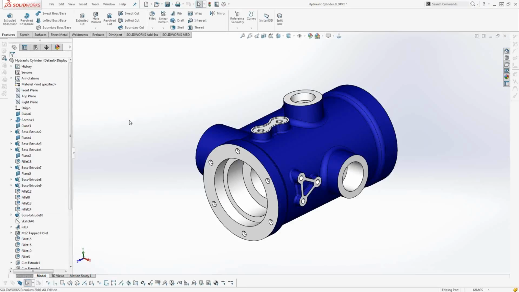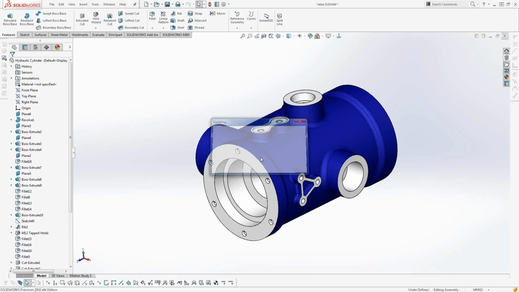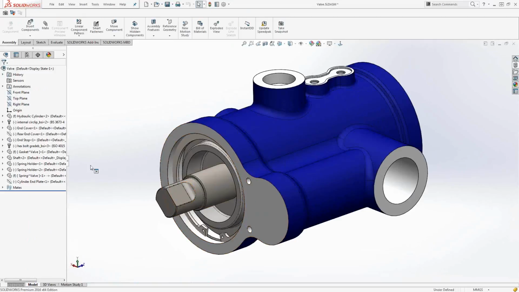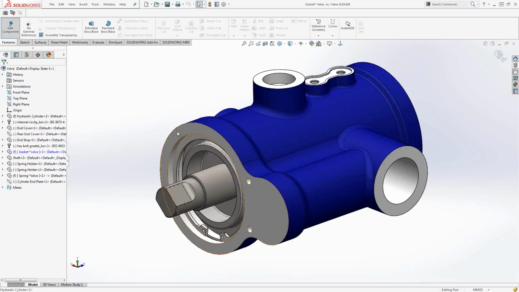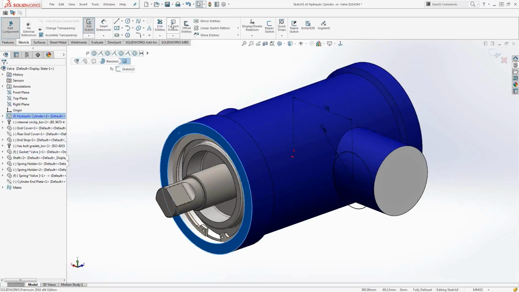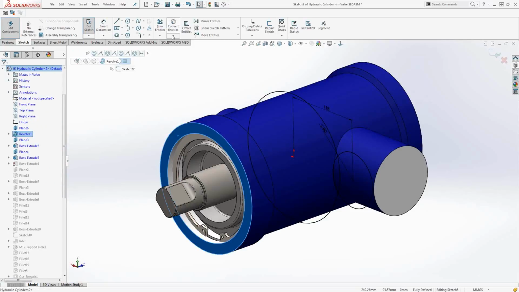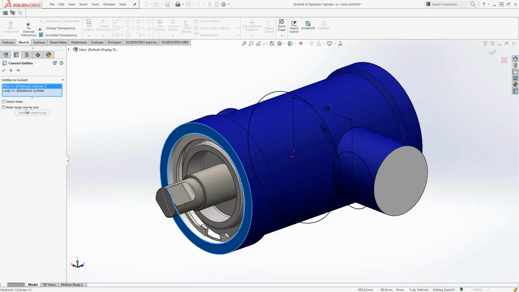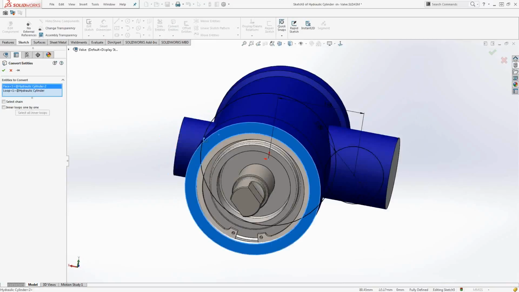All right, maybe one last little thing here that I think is really awesome. Let me go back over to my part, and what I would like to do is build up a gasket on here. I've already got a part started. I'm just going to choose to edit this part, start a new sketch here, and maybe I'm going to convert this face. So I'm going to click on Convert Entities first, highlight this face, and I'm going to choose Select Inner Loops as well. So this is a new enhancement in 2016, the ability to actually,